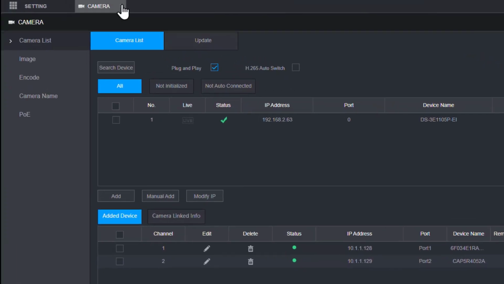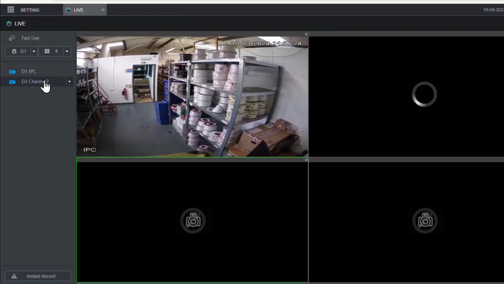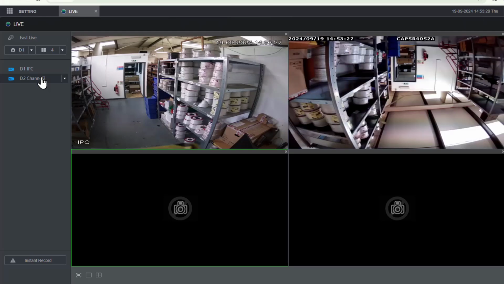And if I was to just cancel that down and go to live view, we'll find we've got 2 cameras now. One was the normal camera that we had, and one will appear to be the new Capture camera plugged in, currently upside down, but when you install it the right way up, it'll be fine.